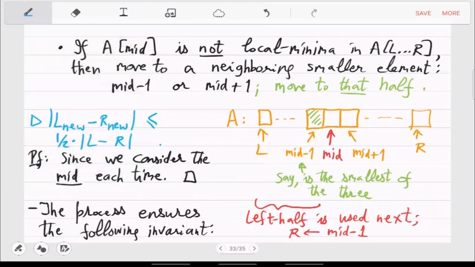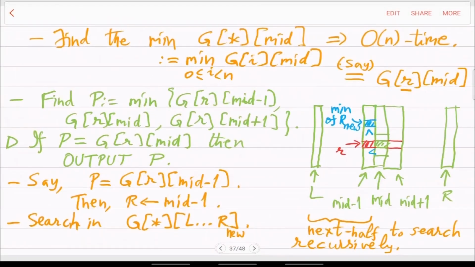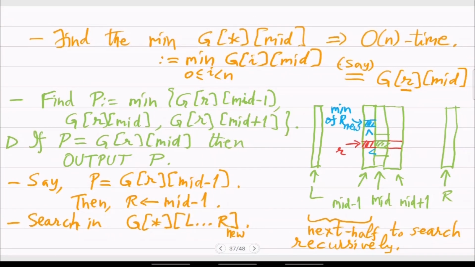Then we go to the grid situation, which is this picture. So now we look at the mid column out of n columns, and there we find the minimum, which is the green shaded cell, and we decide amongst these 2 red neighbors which one is smaller, and we move to that side. So again you change L and R. In this example we changed R and brought it back. So basically pick the left half. L we did not change in this.